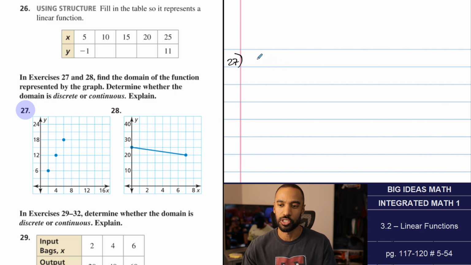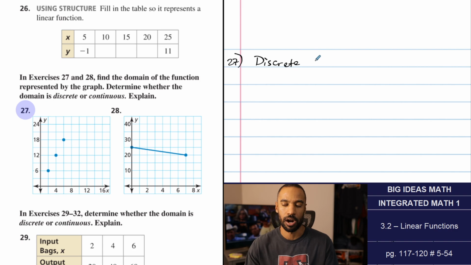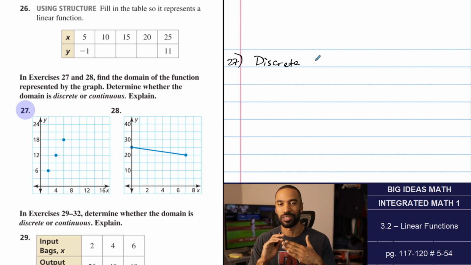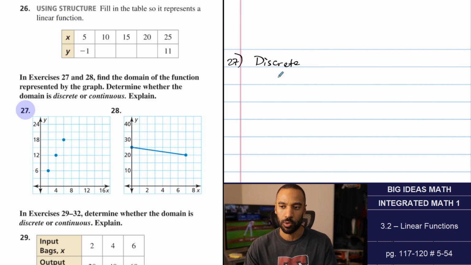Number 27 is discrete. It's discrete because the points aren't connected. They're finite, and I can write them as a list. That's why. So if it's discrete, that's why I know I can write it as a list. So the domain is going to be,